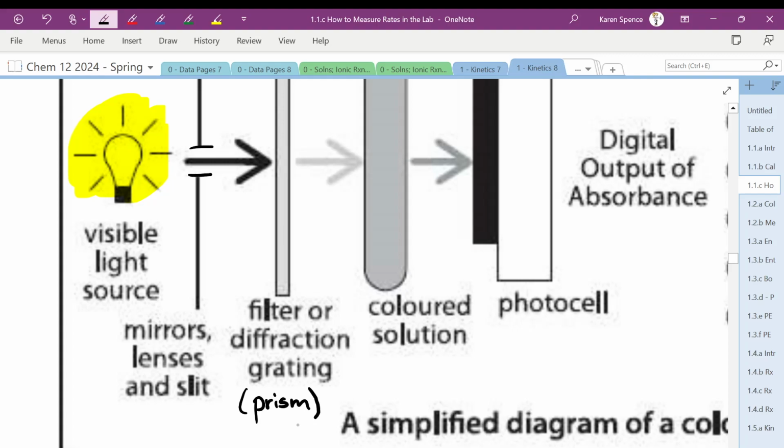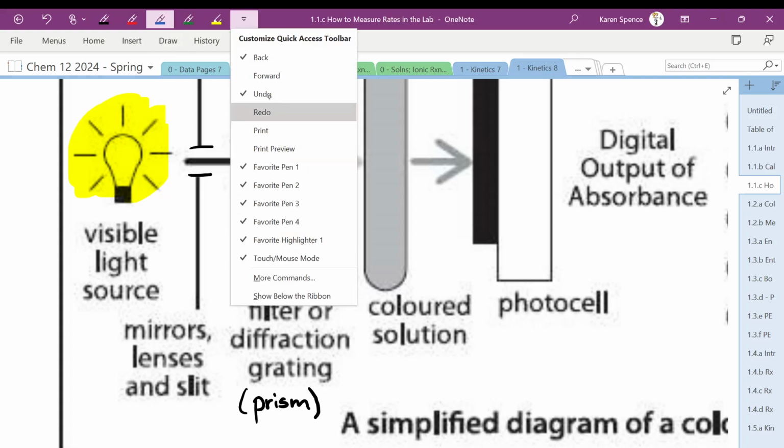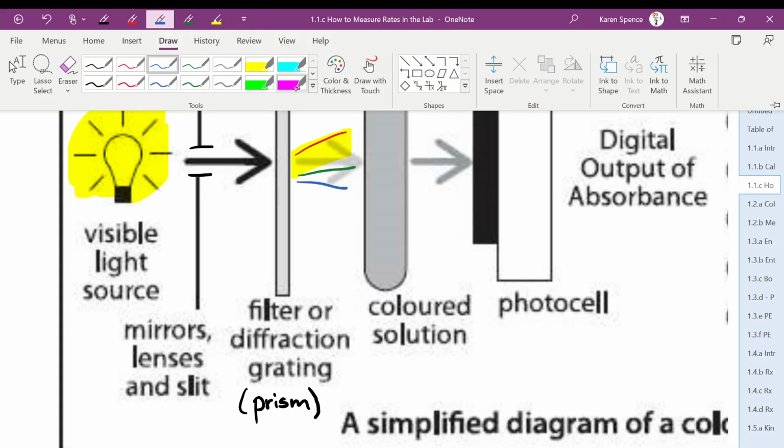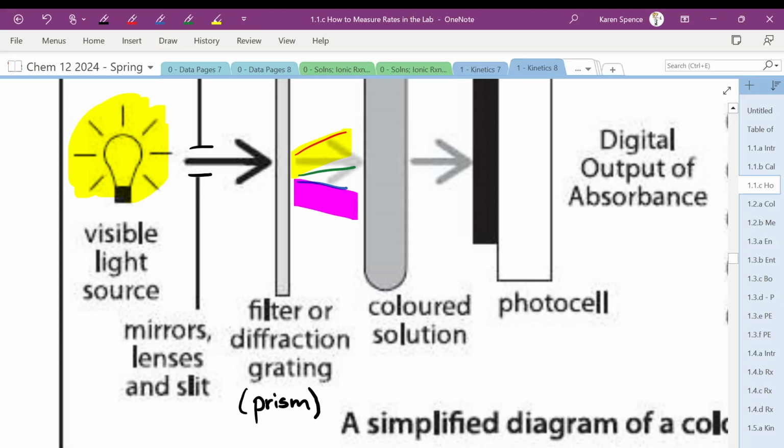Do you guys know what happens in a prism? Like, not just scatters, but if you put white light through a prism, what do you get? You get a rainbow. Okay, so we would have like red and orange and yellow, and I don't have all the colors, and then we would have green, and then blue, and then purple. Okay, I'm sorry I don't have so many colors, but we get the general idea. Yes? Okay, that's my rainbow there. So we get the rainbow,